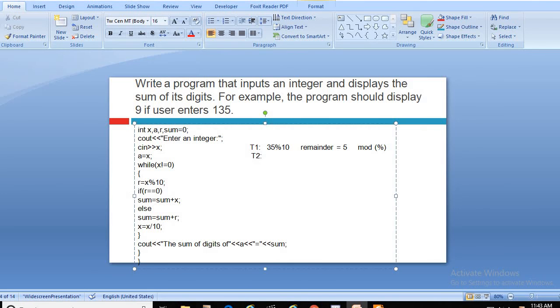That how many times the table will be read. For example, it is again 35. So if we are reading the table of 10, so what happens?